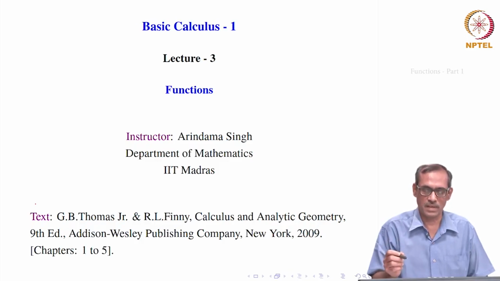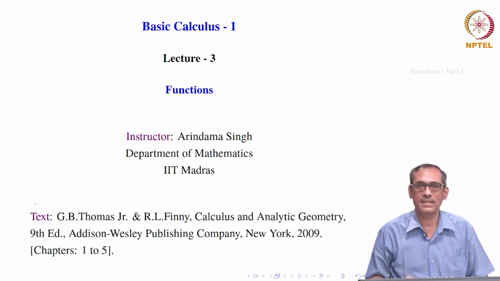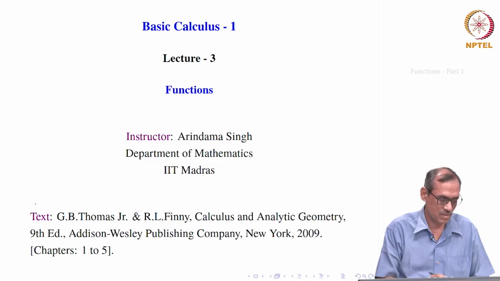So, if you remember, in the last class we did something about the absolute value. For any real number x you define mod x as either x or minus x depending on its sign. So, for example, mod of 1 is equal to 1 and mod of minus 1 is also equal to 1. That really defines a function from real numbers to real numbers, which takes all positives to themselves and all negatives to their corresponding positives, and of course 0 to 0. So, this is how a function will carry over.